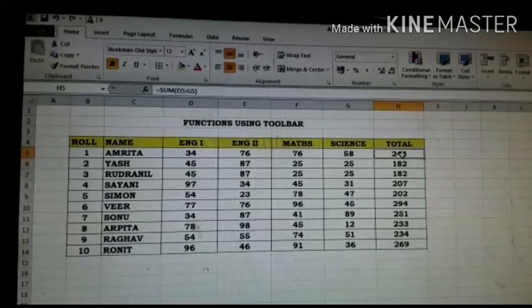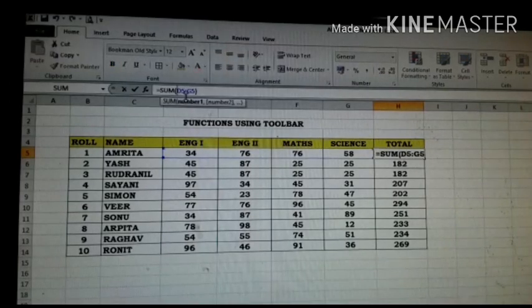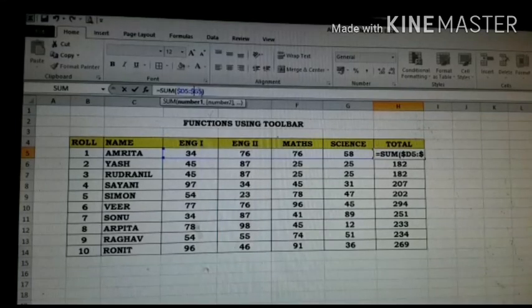Now see here. Here I have mentioned firstly SUM D5 to G5. Suppose I am making the column D fixed or absolute by putting the dollar sign, and G also I am making fixed or absolute by putting the dollar sign. Now in my formula, D column and G column are fixed, but the rows are relative.